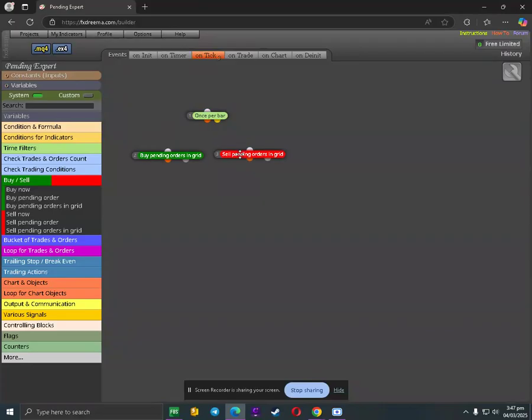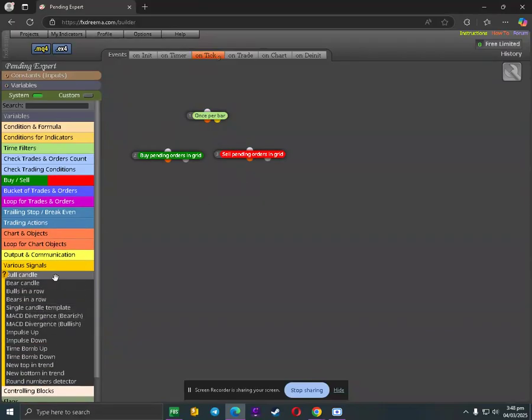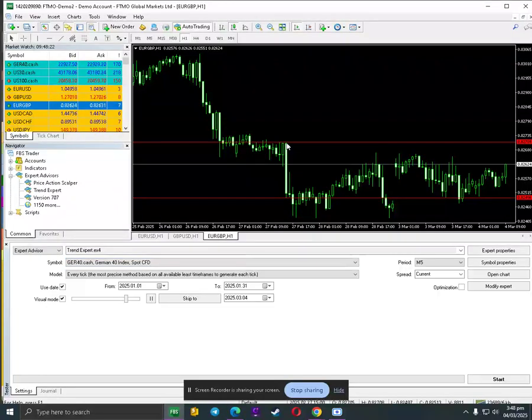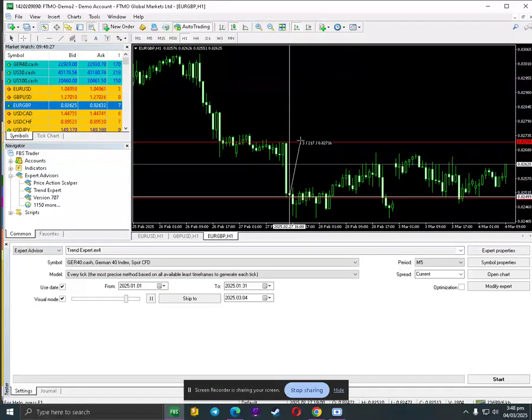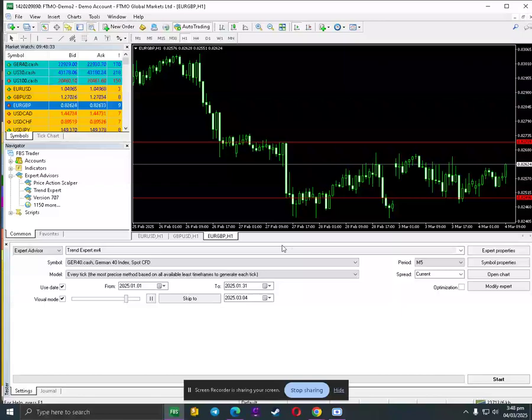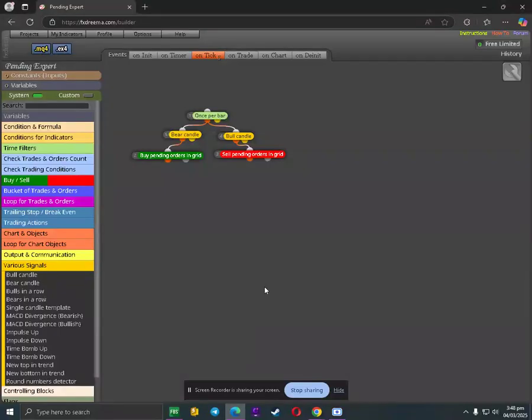Oh, I see, we're going to be using a bull and a bear candle. If there is a bear candle, then we will be putting a buy stop, and if there's a bull candle, we will be using a sell stop. This will be a breakout, guys. For example, this one is a sell, right? So once it breaks over there, then our buy stop will be triggered, right? Let's see this one in action later on.